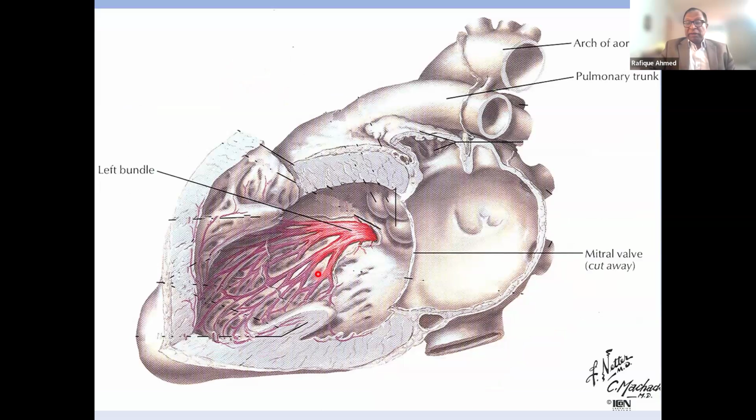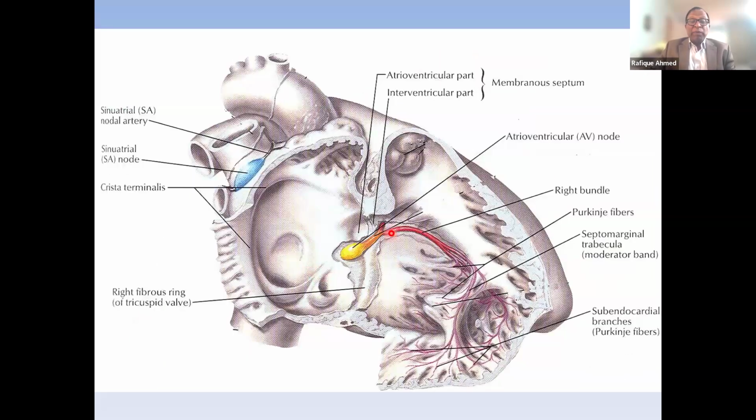So that's the conduction system. So we can develop AV block if we have block in any of the structures. Like we can have block in the AV node, proximal part of the AV node, distal part, His bundle. If we have complete block at the right and left bundle, that would produce complete heart block. And so that can be.